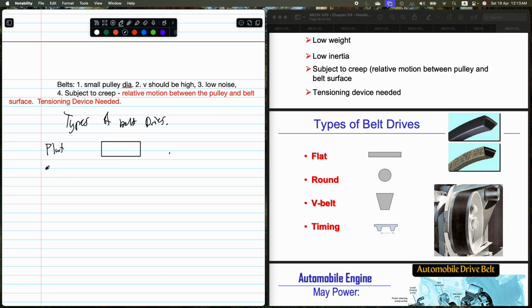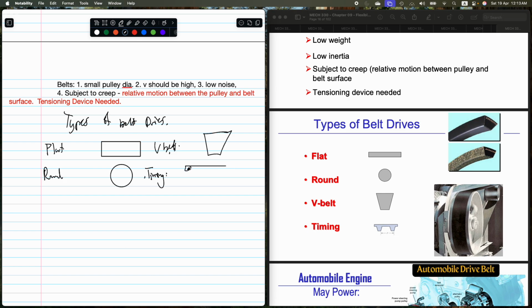Okay, then we got round. Round, that's circular. That is not a circle. All right, round, we got V belt. And timing belt. So this is when you have a straight line, then a small